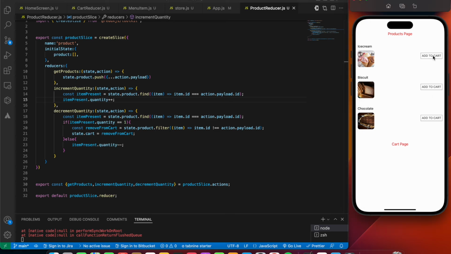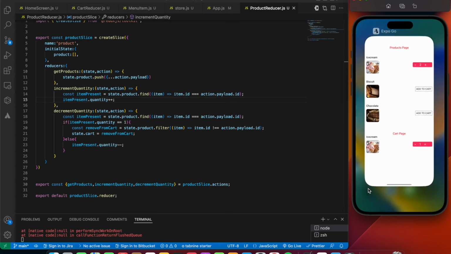Okay, we have an error. So let's look into that. Okay, so let's try again. So let's try for the second item that is being added. If I press on the plus button, okay, that's not working. So let's see where exactly the error is happening. Okay, so let's refresh the app and open up from the beginning.